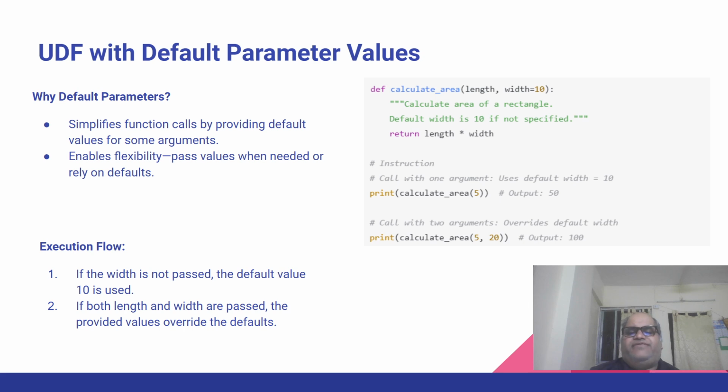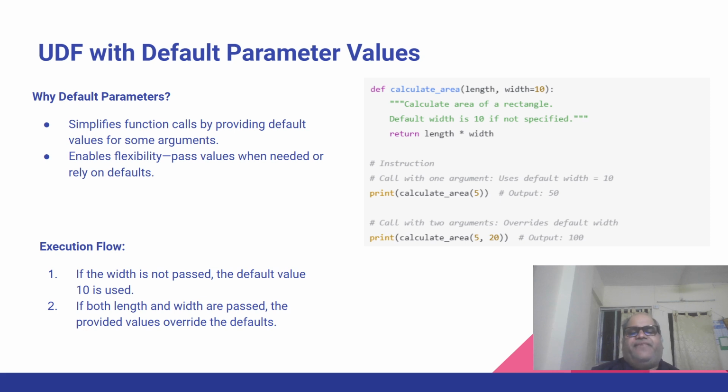That's why, if you execute this in a notebook, you will see the output 50. When you actually provide an overridden value for this, width will no more be taken as the default value. Your length will be the first parameter 5, and your width will be 20,